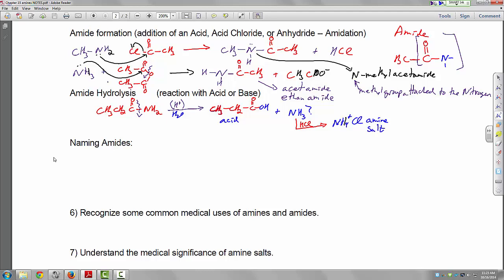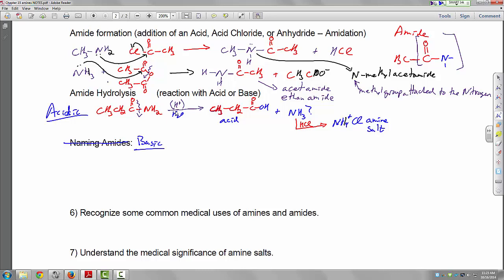It's actually just ammonium chloride, ammonium salt. But if it was methylamine, it would be methylammonium chloride. So that's what happens under acidic conditions. Okay, get this out of the way. Under basic conditions,